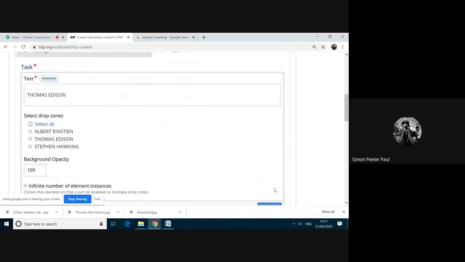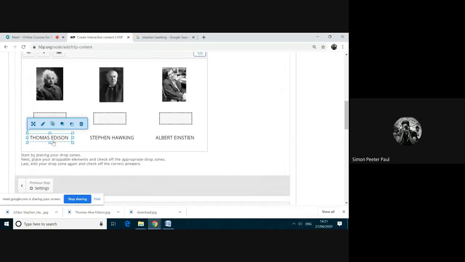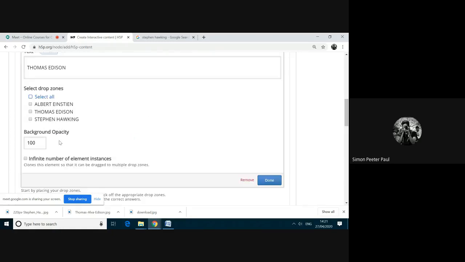Here what I am going to give is that this button can get fixed on any drop zone, because when students are moving this one, it should fix in all three zones. So I'm double clicking this, and then I'm selecting all drop zones for the text.